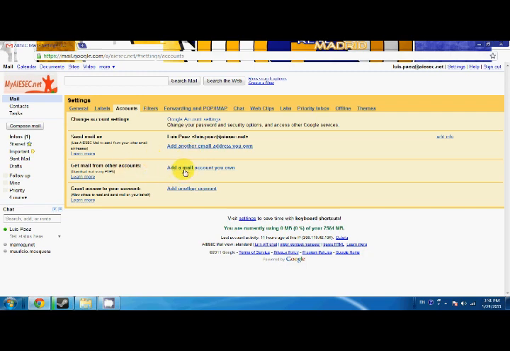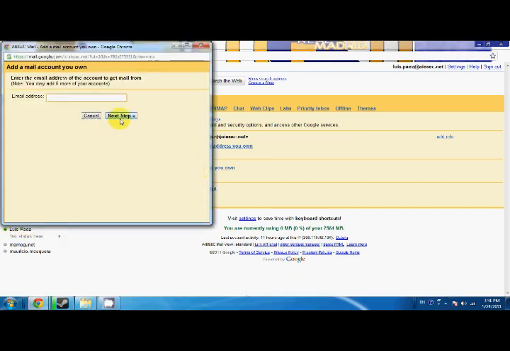This one is really important because it's sometimes very tiring to check a lot of mails, so we could get mails from another account to this one and get all the mails checked here. So I'm going to guide you briefly on this using another account. So we click next steps,